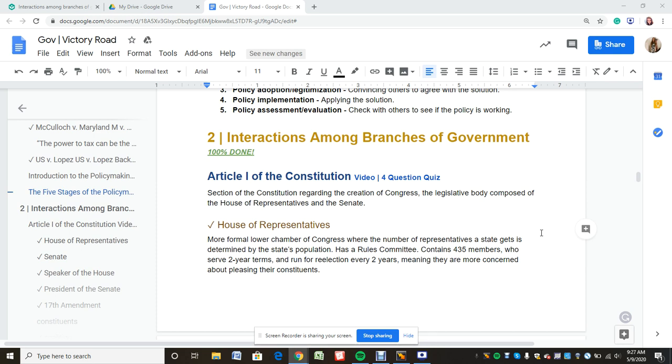And so it's important to note that the House of Representatives is apportioned by population. So between censuses, your state might have different numbers of House of Representatives allotted to you. And it's the lower chamber of Congress, but their proceedings, because they have so many more people, are so much more formal than in the Senate. They are often more concerned about their constituents and what their constituents want because they're up for election every 2 years.